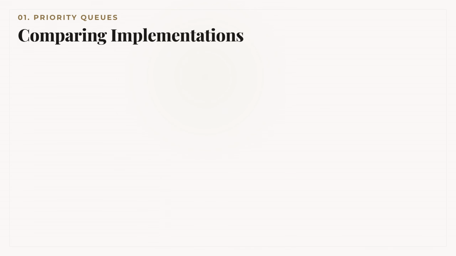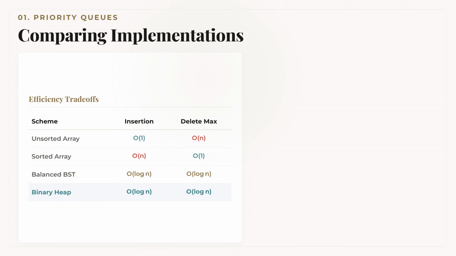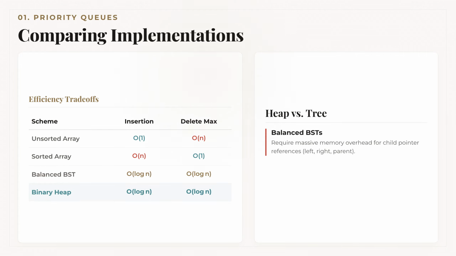To understand the motivation for heaps, consider alternative implementations. If we use an unsorted array, insertion is fast and takes constant time. But finding and deleting the maximum element requires scanning the entire array, which takes linear time. If we use a sorted array, finding the maximum element is fast and takes constant time, but insertion requires shifting